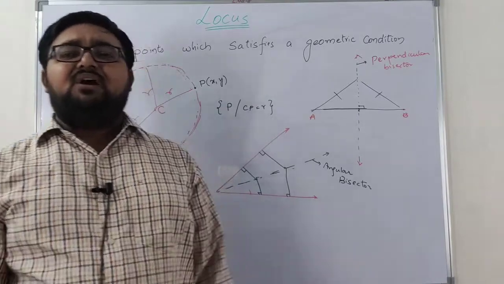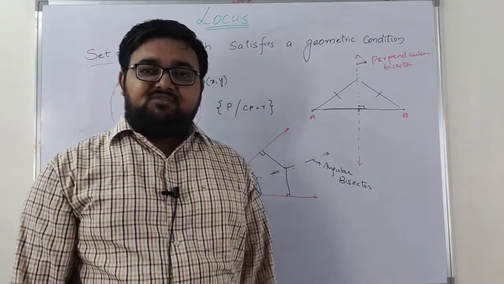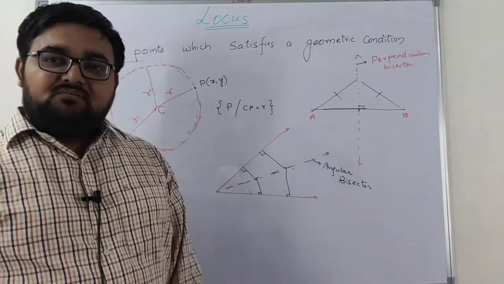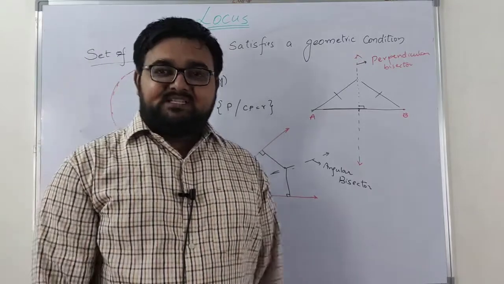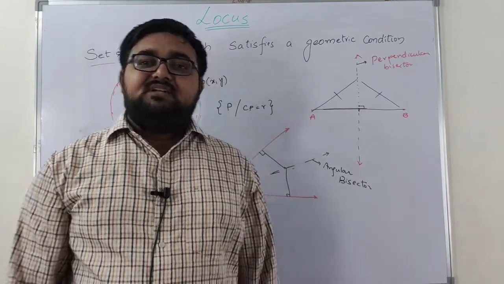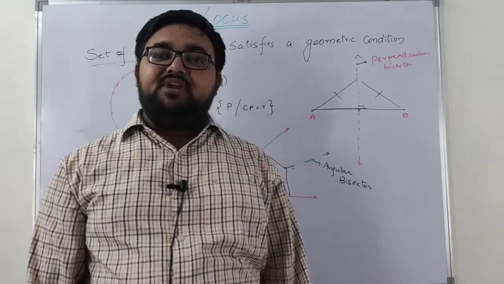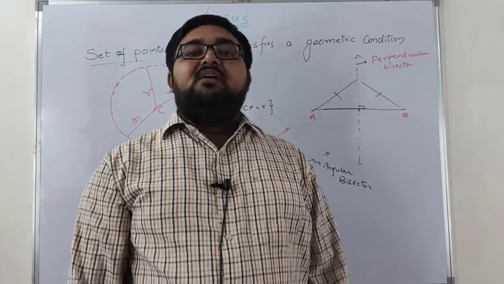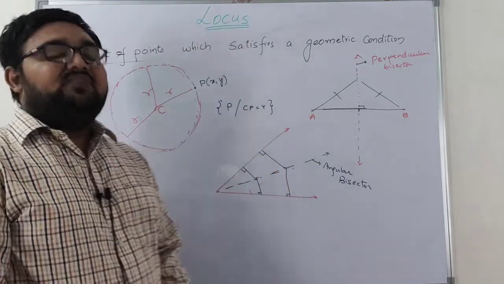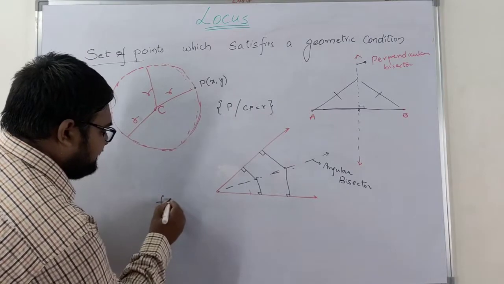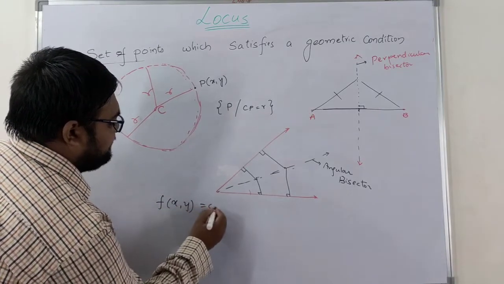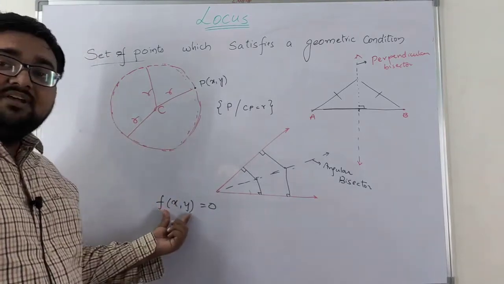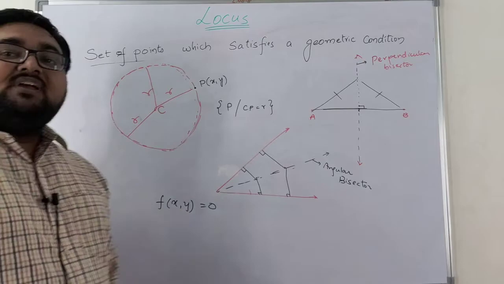So likewise we are going to have a number of geometric conditions. Based on those we are going to form different types of figures, and we are going to transform those figures into algebraic expressions, right? Whatever is given as a geometric condition, we are going to represent it in the form of algebraic expressions. Algebraic expressions means we are going to represent them in the form of some f of x comma y is equal to 0. So f of x comma y is equal to 0 is a function in a functional equation which is in terms of x and y.